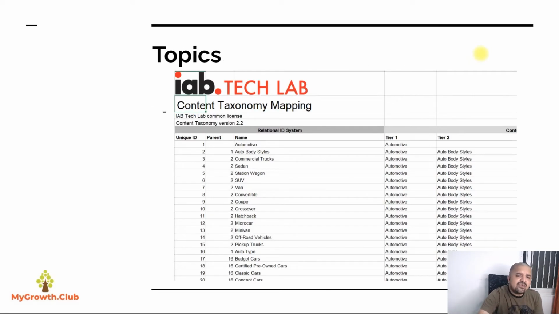Although I'll give you a link in my description section to these topics which we are talking about, this is just a snapshot of what kind of topics you can expect. This is a taxonomy defined by the IAB, the International Advertising Bureau, and this taxonomy has a hierarchy of tier 1, tier 2, etc. As you can see, tier 1 is automobile, tier 2 is automobile body parts, body styles, etc. There is a full spreadsheet available at the IAB website, and I'm putting a link right in the description box.